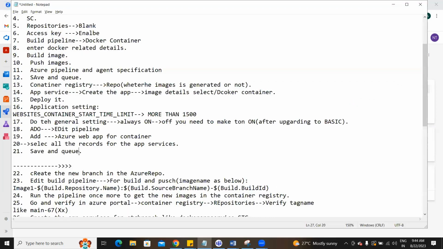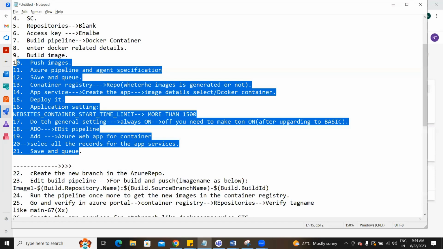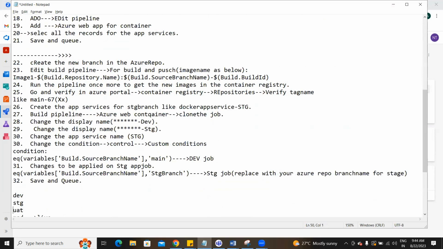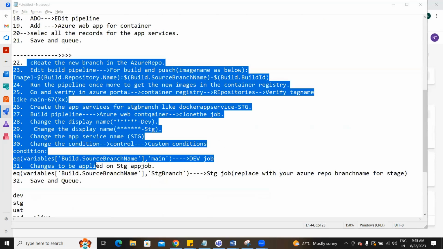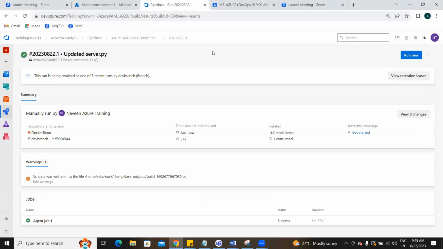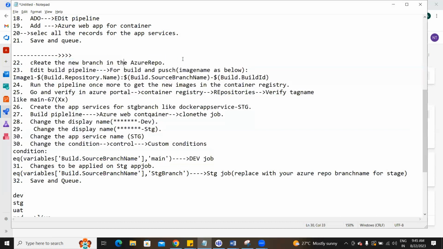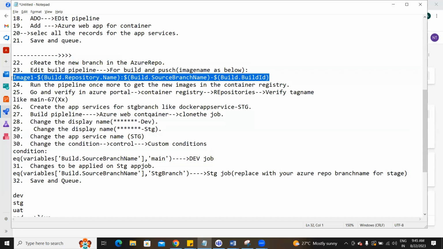See, meanwhile, it is coming. No, this is the first step that we know already. Okay. This we know already. Come down here, right? Next step, what we are doing. Meanwhile, it is deployed. Yeah, deployed. Fine. It will create the application. Next time, what we are doing, we'll create a pipeline. We'll go ahead and create a new branch. New branch, we did it, right. Stage branch. We'll edit the pipeline. We'll add something different here this time. Can you see? Now I'll ask you a question. Yesterday we asked it, right? Column 1. What is the meaning of this? Can someone please explain what is the meaning of this?